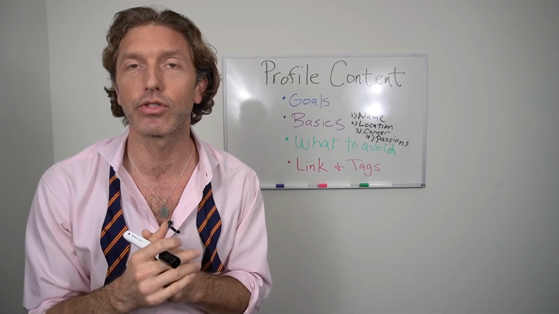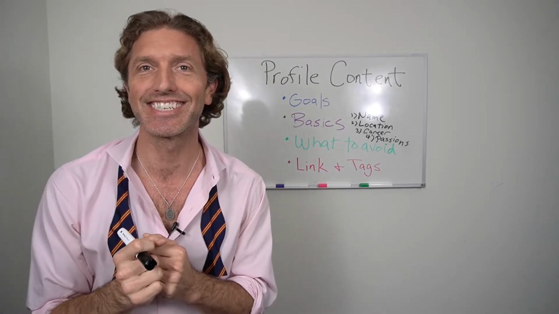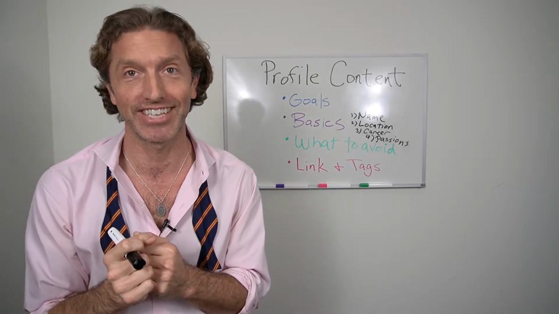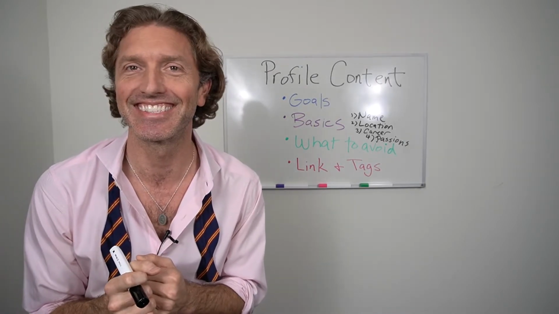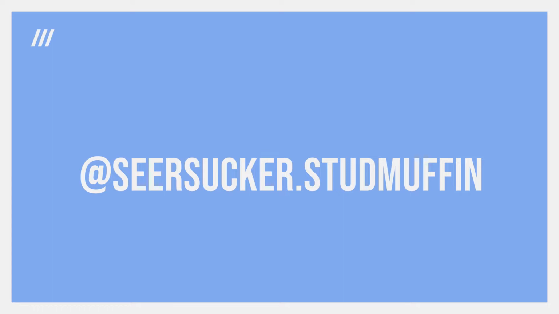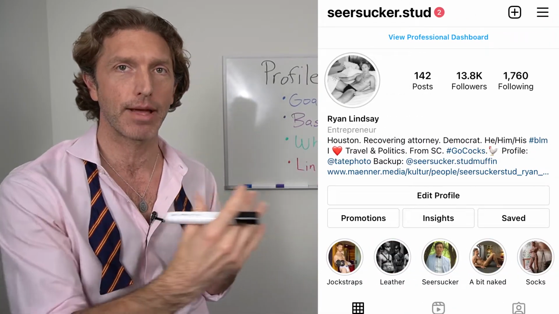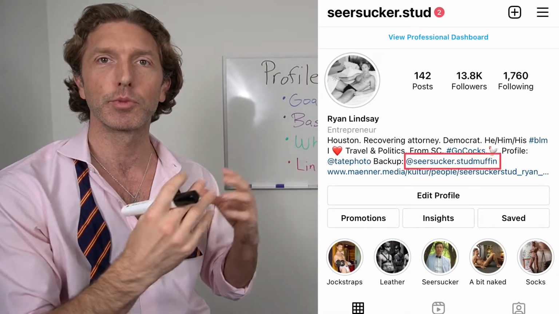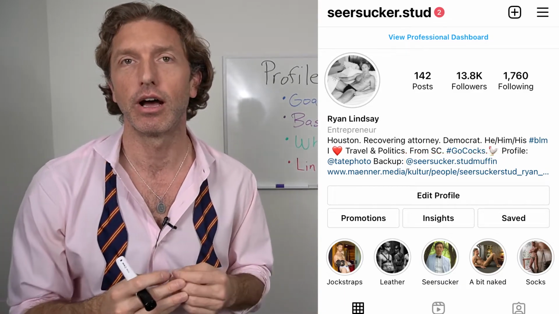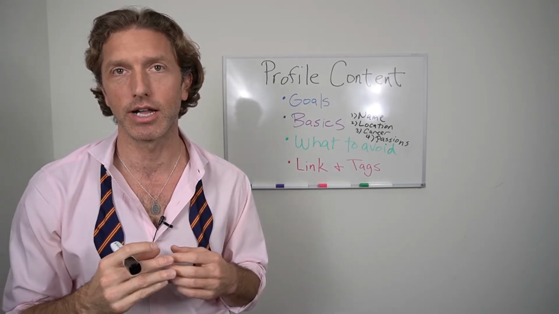A lot of guys with thirst trap pages have a backup account. I do. Mine is called Seersucker.studmuffin. You heard it. I should have thought of the link to that maybe a little, but it's cute and I like it. If you are maintaining a backup account, certainly tag that. A regular sort of passive flow of traffic from your main page to your backup page is easy and solvable through just tagging it in your profile content.